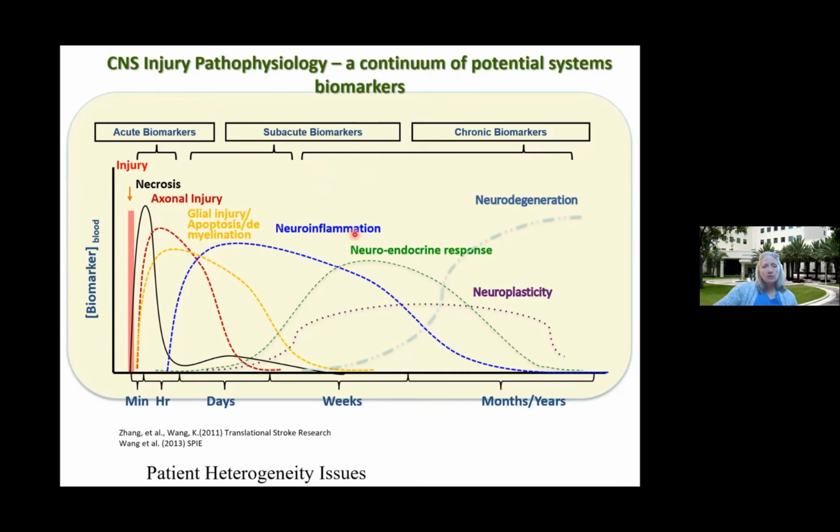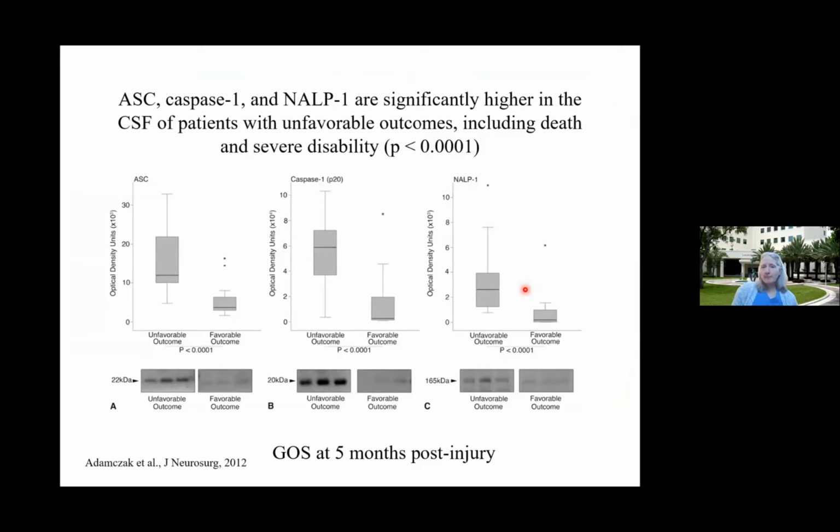It's just going to depend. So there's a lot of different biomarkers early on, out to months or years, that can be investigated. So we've been targeting the inflammasome as a biomarker. And this was a study done by Dr. Adamczak. She was, again, an MD PhD student in the lab, now a neurosurgeon, and looked at, took